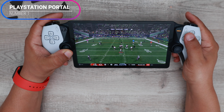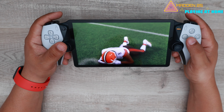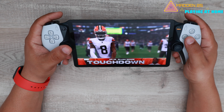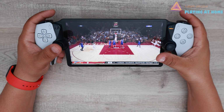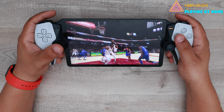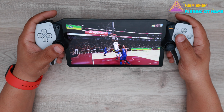This innovative device allows you to stream PlayStation 5 games directly to your handheld. The high-quality screen and low latency streaming make it feel like you are playing on your console, no matter where you're at. It's a game changer for remote gaming. The Portal boasts a beautiful 8-inch LCD screen. It plays games at 60 frames per second, capable at 1080p resolution, and it has a Qualcomm